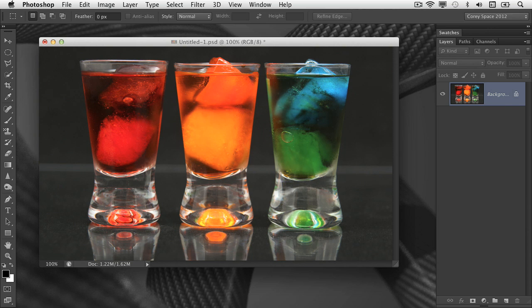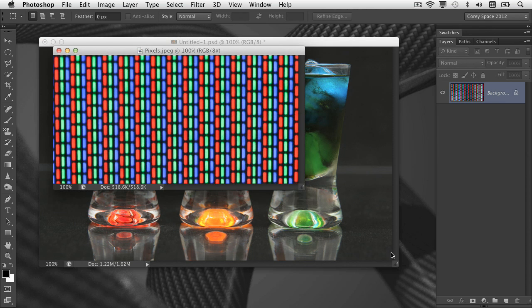Now, what that refers to is if you were to take a magnifying glass to your screen and really look up close to it, you would actually see this eventually. Your screen is actually made up of thousands of these little instances of red, green, and blue light. And what happens is that there's so many of them and they get so small, and your eye combines these ultimately to create your full color image. Now, what channels do is actually determine the amount of these red, green, and blue lights that is going to be